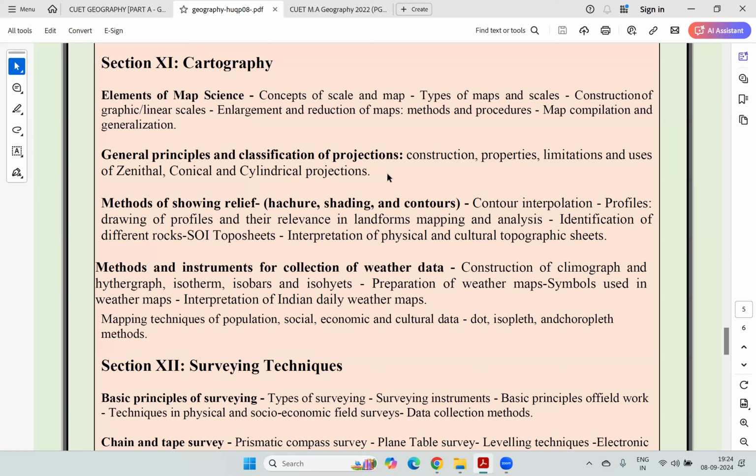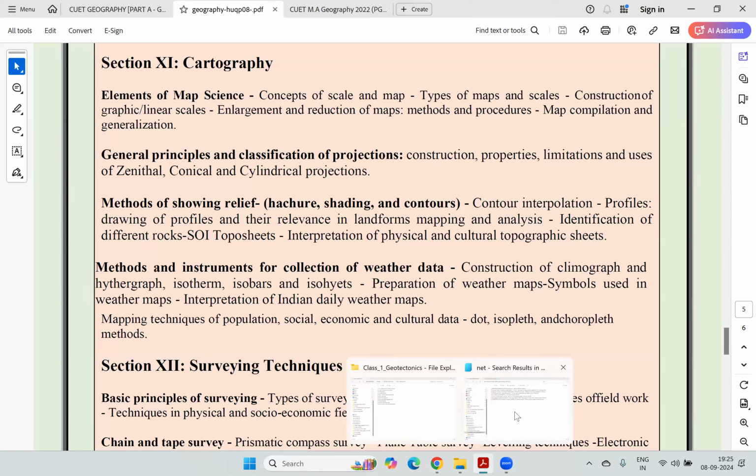And lastly, very important is your practicals, because every university will teach both theory and practicals. Theory syllabus may be slightly different in each university. Some teach one topic, one university teaches a topic, another university doesn't teach that topic but teaches some other topic, but the practicals of geography everyone teaches, right? So you can always expect a good number of questions from the practical parts of geography, and this is something to keep in mind.